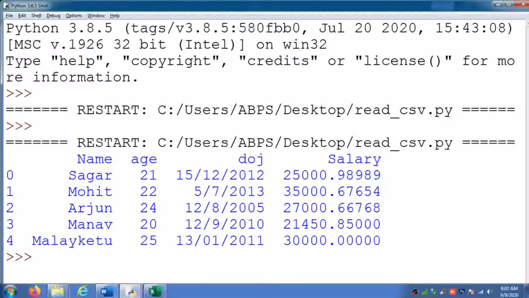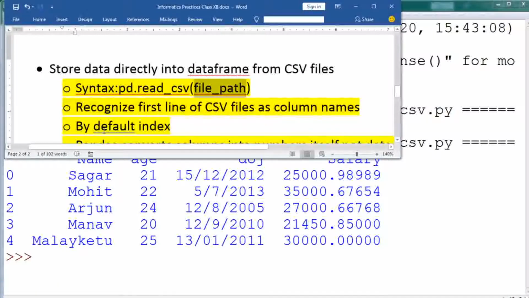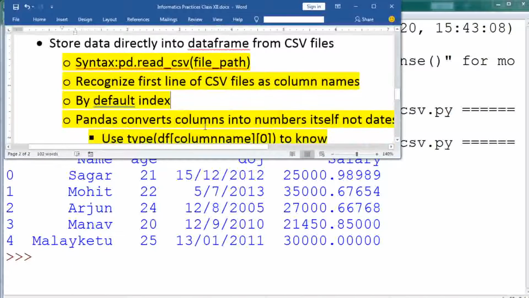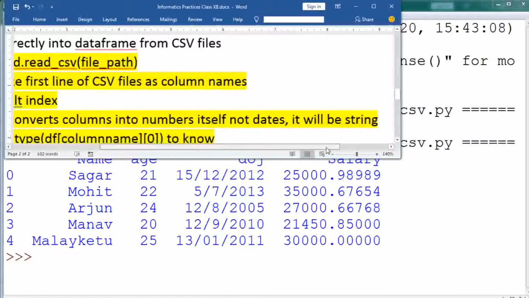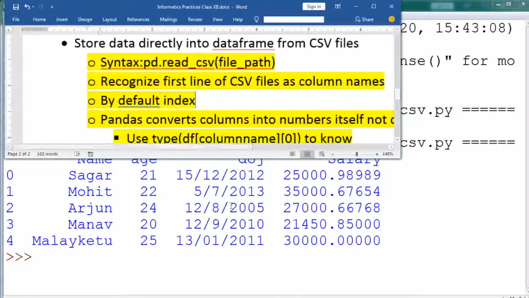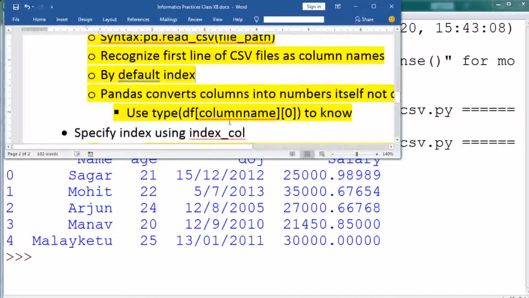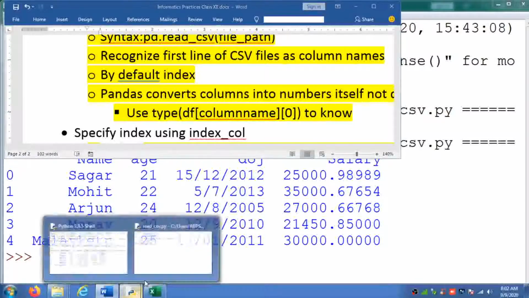The second point is that by default the index is taken as 0, 1, 2, 3, 4. Then the next one is that pandas converts numeric columns into numbers itself, not dates. The numbers are converted automatically into numbers only. If you want to check, you can use type of df with the column name to know that particular type. So let me try here.